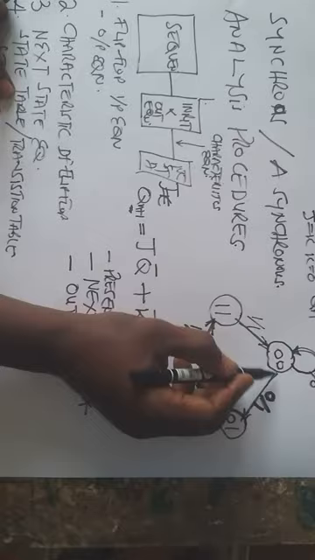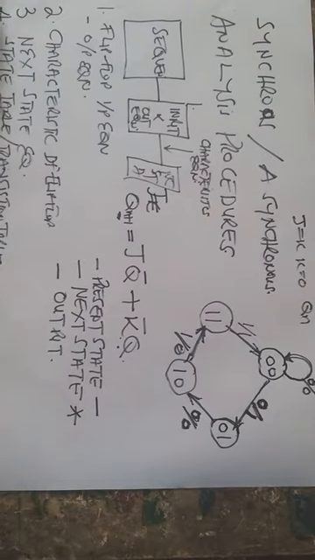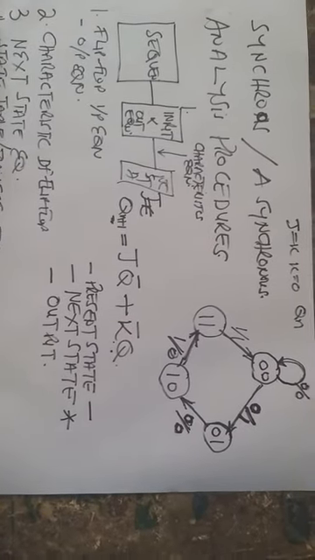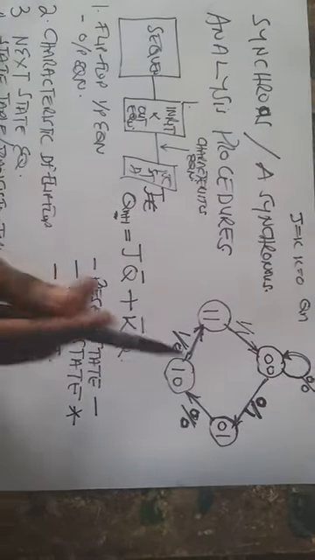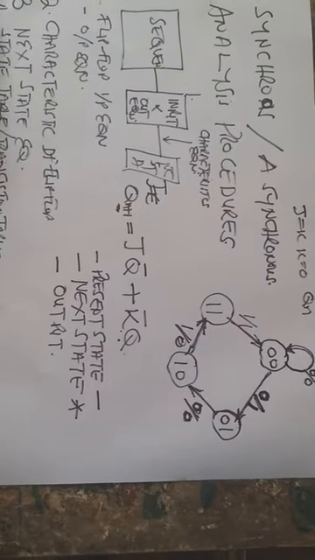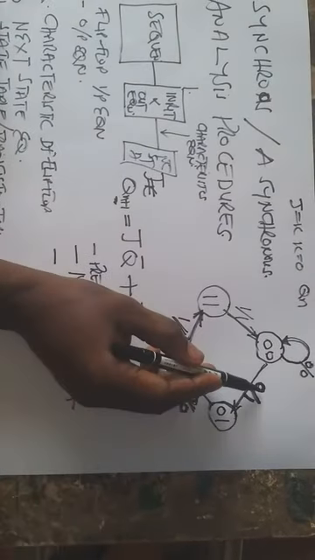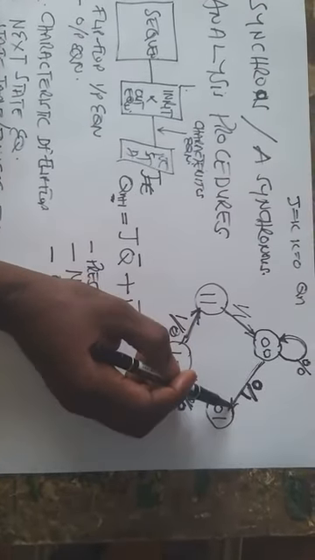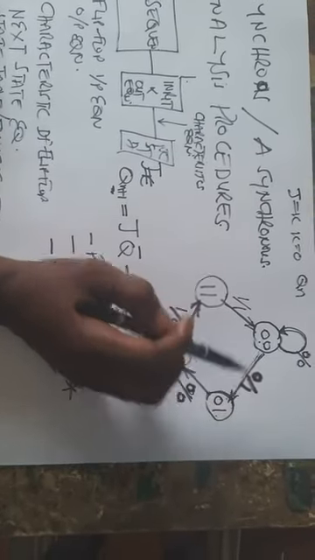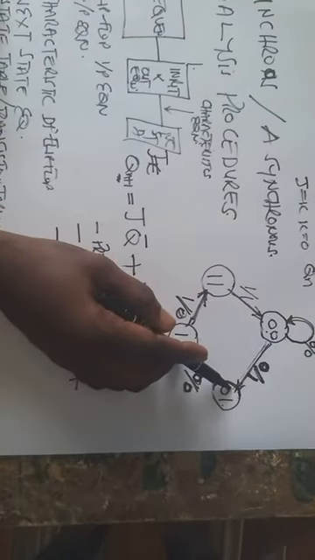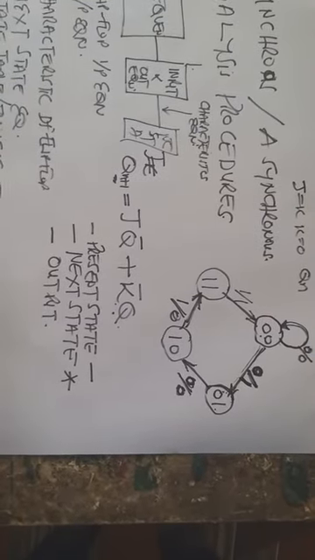So on a state diagram, a circle represents a state, and the two binary numbers or any binary numbers in a circle tell you the present state. Now there's going to be a transition, and what will cause the transition is the input to the flip-flop. So if I feed 0 and there is a transition from state 00 to 01, then it means this 0 is what causes the transition. And after the transition, it gives an output of 1.